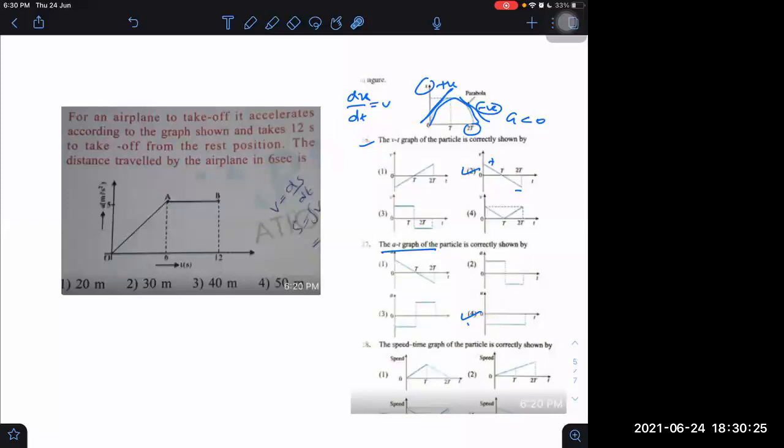Up to there, half into base into height. What is the area? VT graph, no? Is it VT? No, it is not VT. It is an AT graph, sir. AT graph. That's why it is somewhat complicated, but not that much. And what is the time given in between? 6 seconds or what? 6 only, I think. Seconds. 6 only, sir.